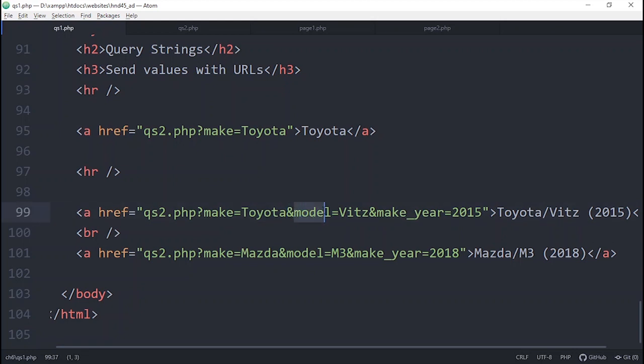Then you will use the next parameter name, equal sign, value, again, so on and so forth. You can send any amount of information, but make sure you cannot send more than 2048 characters this way, because it's going to use the get method. You cannot send more than that. So that's the summary of what we have learned so far.